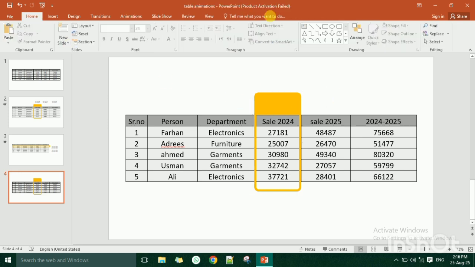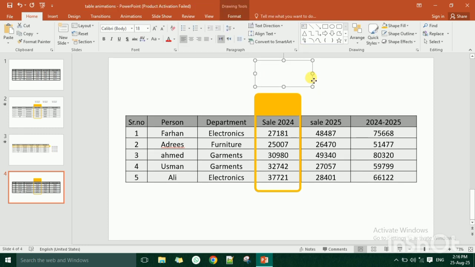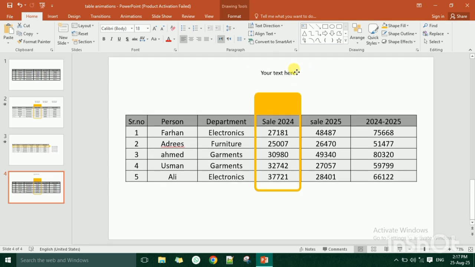Before that I'll insert a text box from here. Let me decrease its length, and you can type your text here. I'll adjust it a little bit, and you can do it as you want.